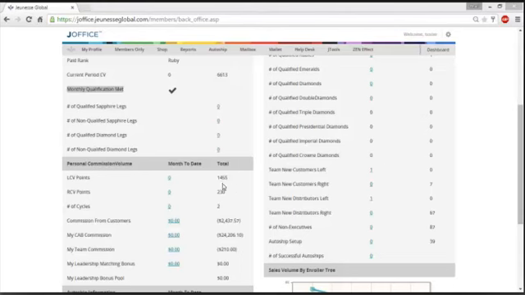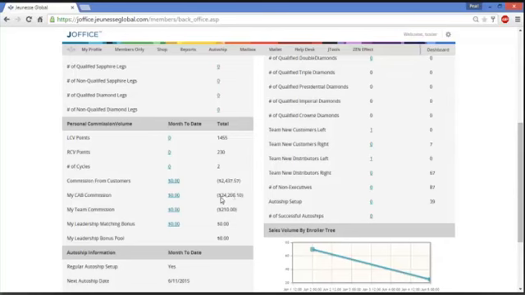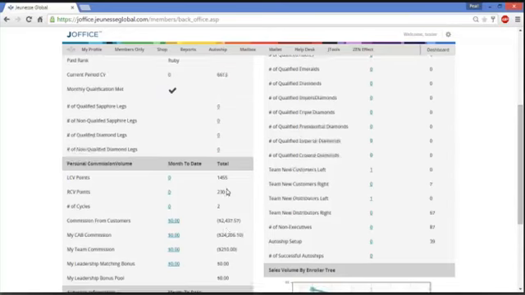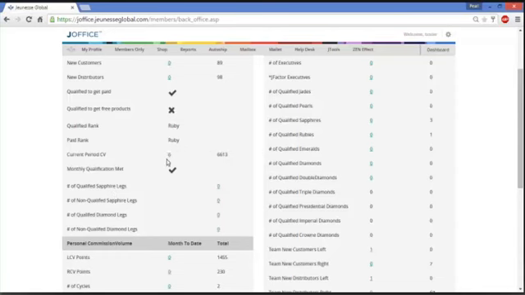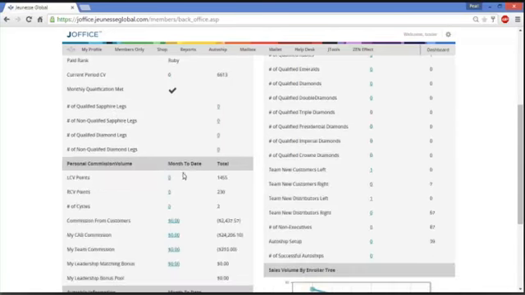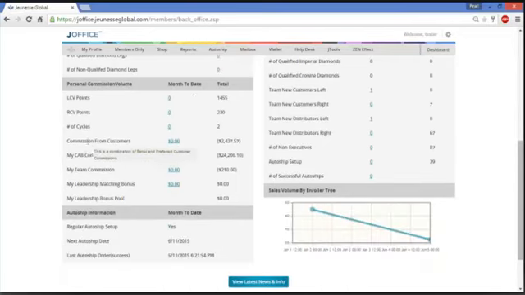So sometimes you might consider that the points here are not correct, but it depends on a lot of small details and circumstances. So here, as I told you, this is a test website, but we can see clearly that this person has already, if it was a person, it would be a qualified sapphire, ruby. So these are the commissions that the person has from customers. This is the customer acquisition bonus, the team commission, leadership matching bonus, leadership bonus pool,